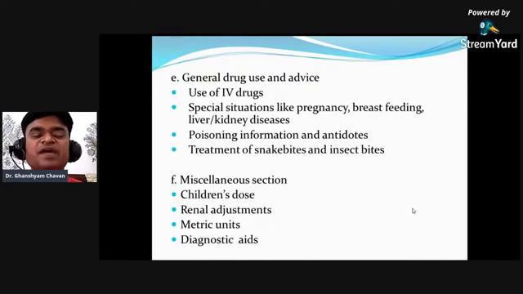And for the treatment of snake bite and insect bite, what things can we do? First we should try to decrease the anxiety and fear. After that, keep the patient calm and quiet, and give proper air and oxygen. Don't gather in one place. Give a normal passage of air toward the patient.